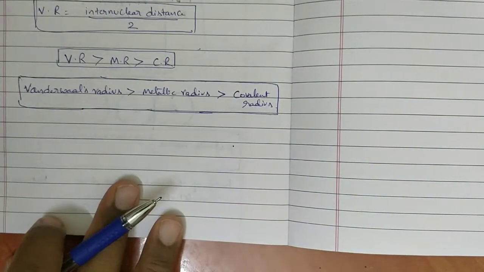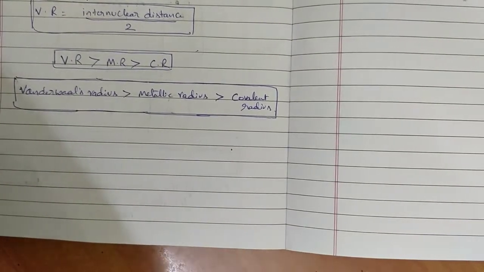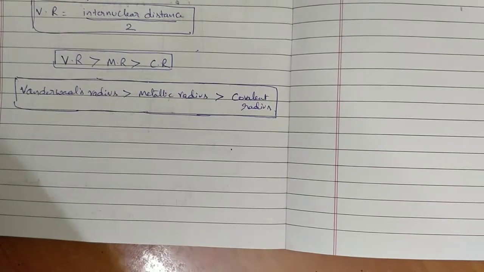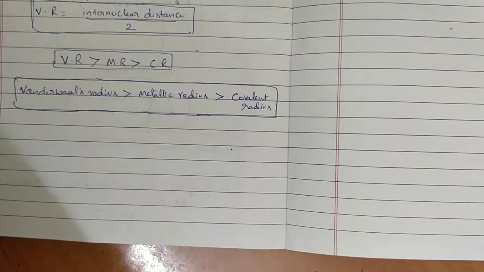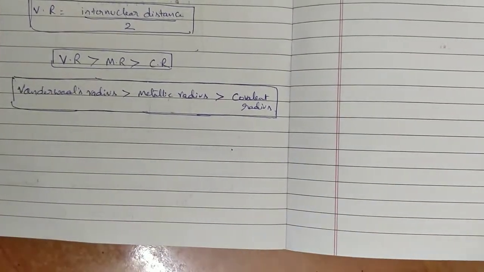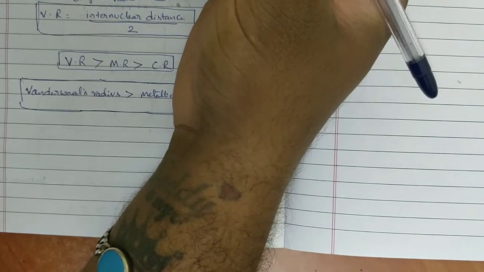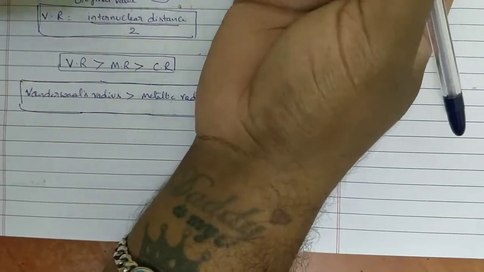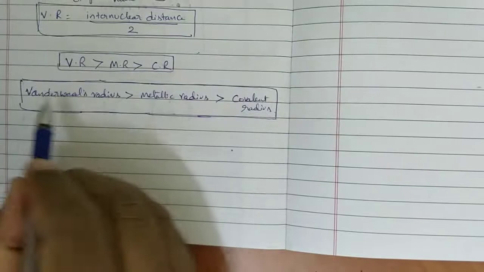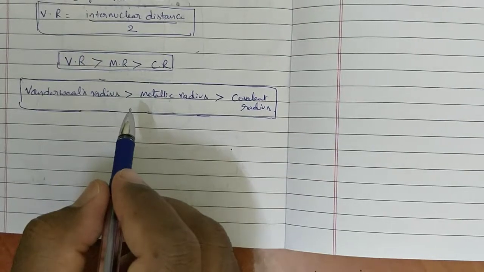In today's class we have completed all these things. The first physical property, that is atomic radius, its definition and the types of atomic radius we have seen. In the next class we will see how this atomic radius varies in a group and period. That one is simple only. Within 10 minutes we can complete that variation of atomic radius in groups and periods. The main important thing is that we have to know the definition correctly. If you know the definition of a physical property correctly, then easily we can recognize what happens to that physical property in groups and periods.